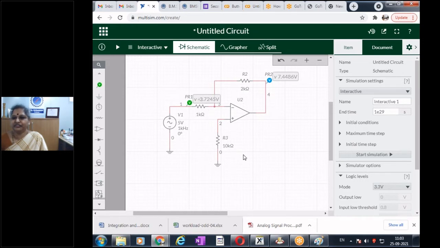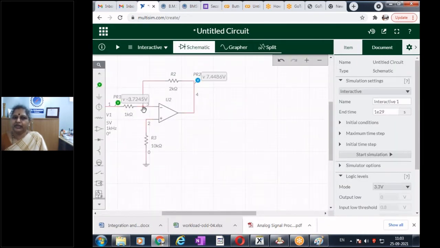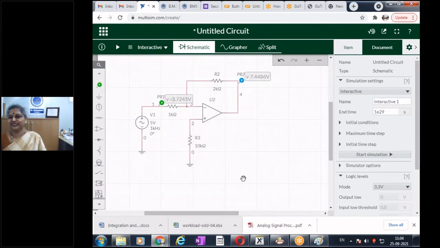There is a phase shift of -1. Yes, this is an inverting amplifier. That is right. It's a good observation because we have given the input to the negative terminal, so you will get a phase shift of 180 degrees. That is right. Yes. So 3 people have confirmed that they have got the result. Otherwise, you can try. Yes, very nice.